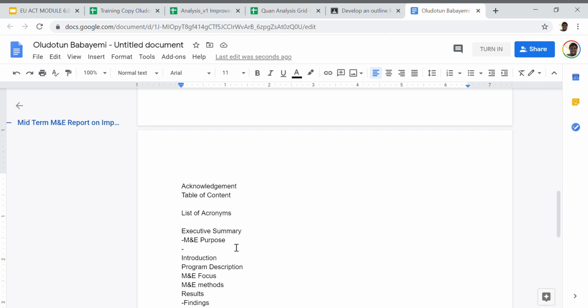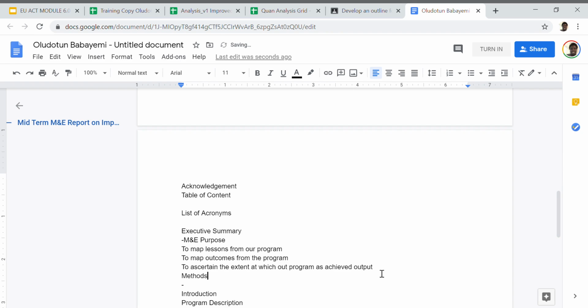I can put it there so that when I'm just typing, you could have those as purpose, but the purpose comes first, then you have a brief